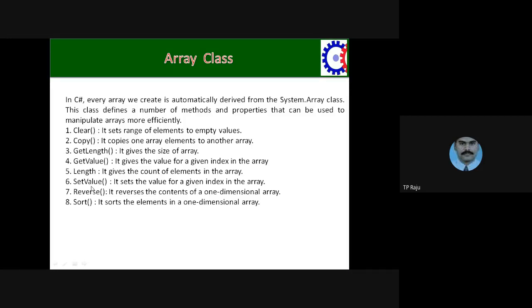If you want descending order, what do you do? You sort your array by using the Sort method, so it is converted into ascending order. Then you apply the Reverse method. If you apply Reverse upon ascending order data, your data will be shown in descending order. So first you sort, which arranges values in ascending order, then you apply Reverse upon those values, and Reverse reverses them, so you get values in descending order.